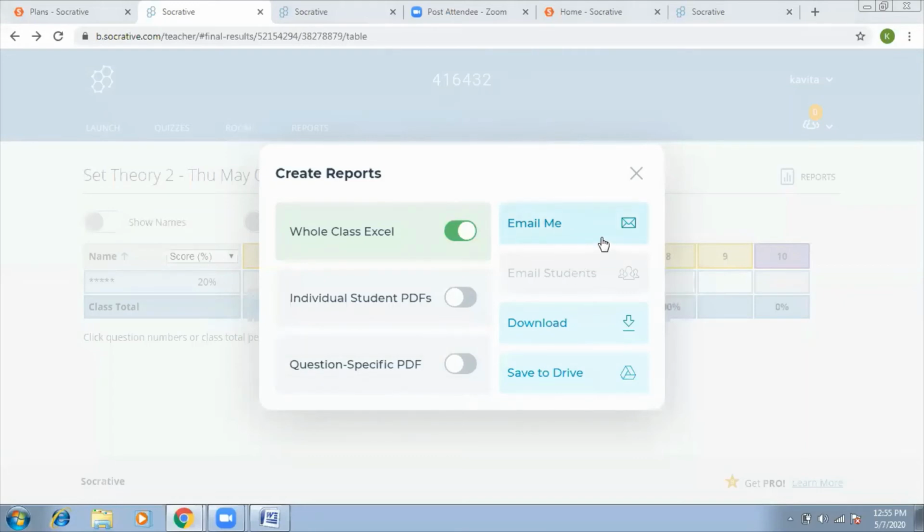You can ask them to email that report to you, or you can download it whenever you want, or it can be saved to your Google Drive also. Okay. Here, usually we prefer to take it as an Excel file because then we can easily calculate our internals.